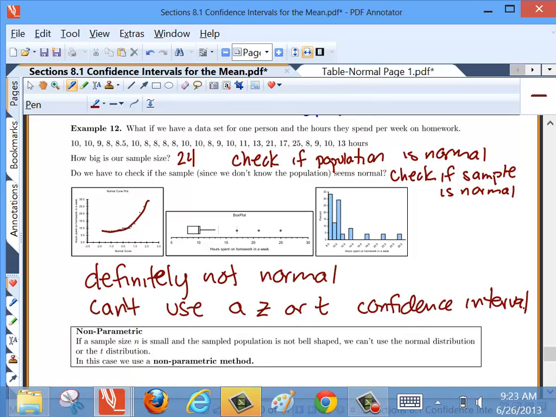That's something we don't have time to cover in this class, but if you ever need it in the future, you can go start Googling non-parametric methods. So, any questions on confidence intervals? This is everything about confidence intervals. So we do have